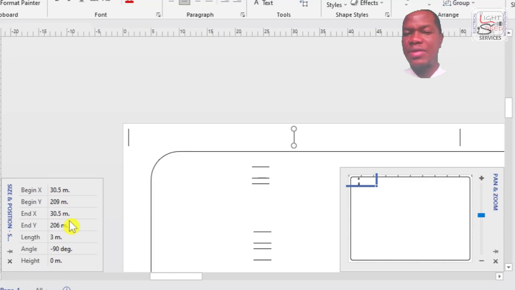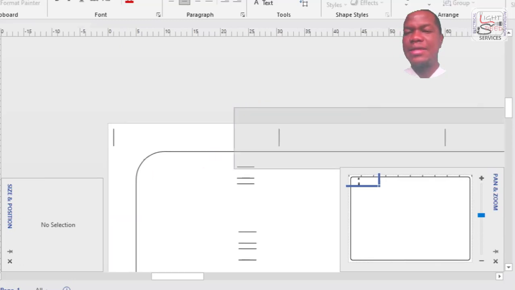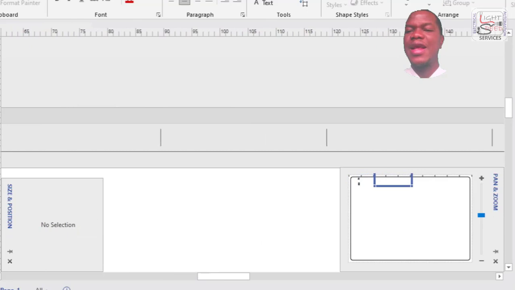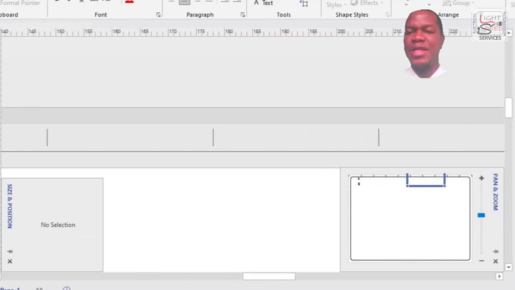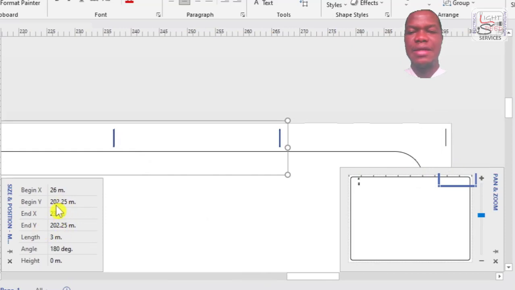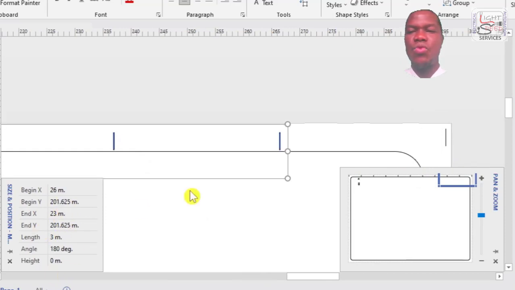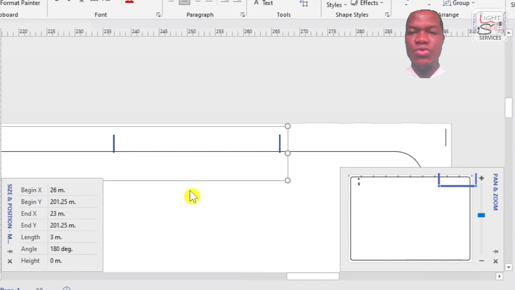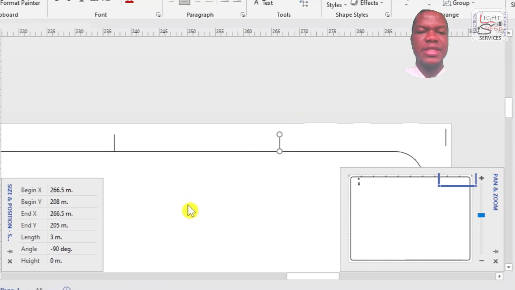Is it that I bring one down and then align the rest, or I bring all of them down and check to see whether they align? They need to be exactly 1 meter. They need to be 2 meters from the edge. When all of them are selected, you cannot see the components properly. The best thing is to deselect. Yeah, touch one and you can see.